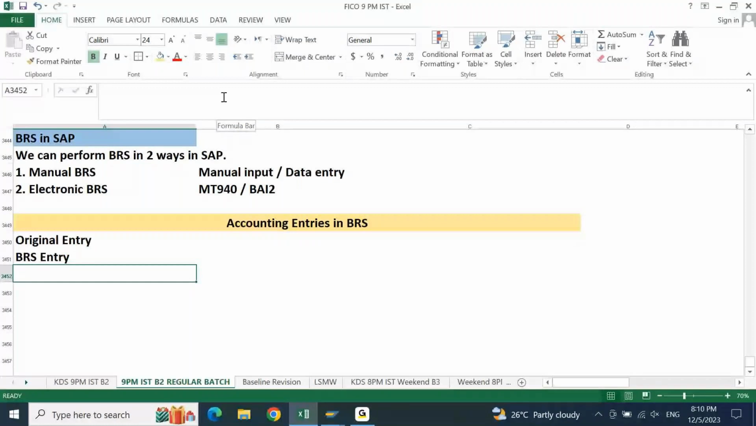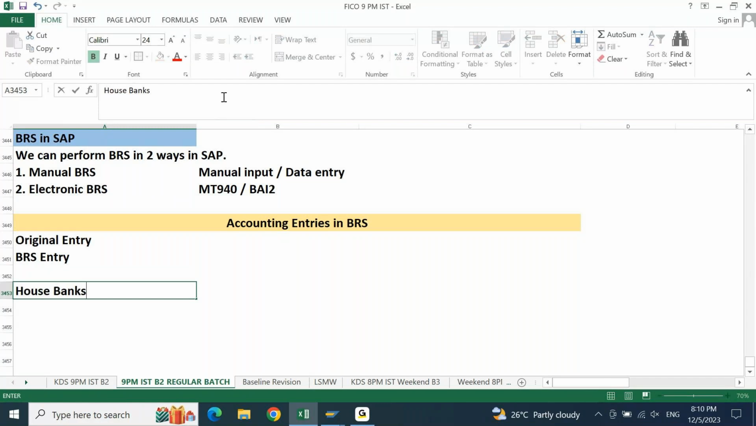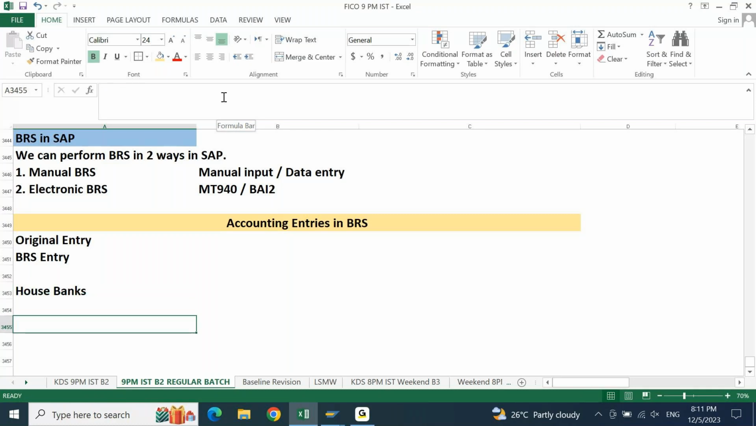Now, before we understand original entry, BRS entry, few points we need to understand. So what we need to understand is, we have to understand house banks. We have already talked about house bank. We understood how house bank is created. You have to create your bank's operating bank account as a house bank in SAP. If your company is holding a bank account in, assuming